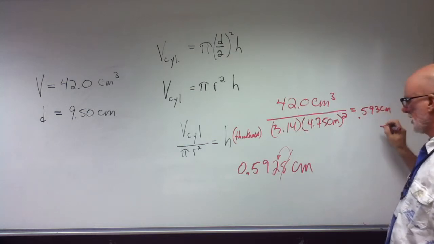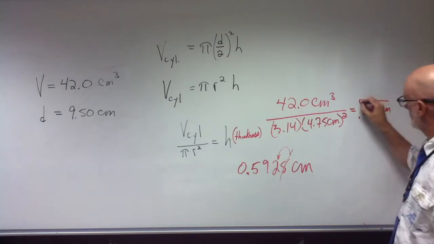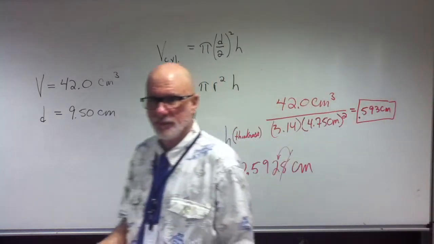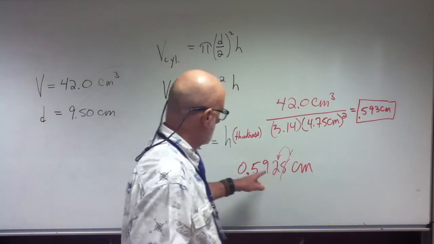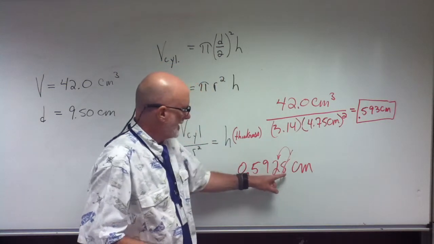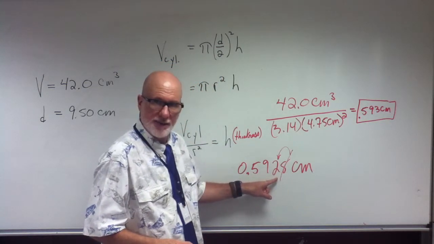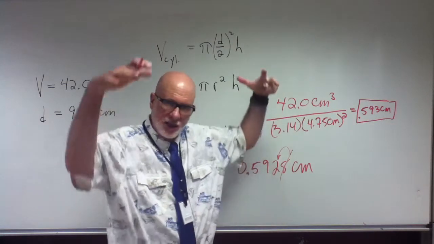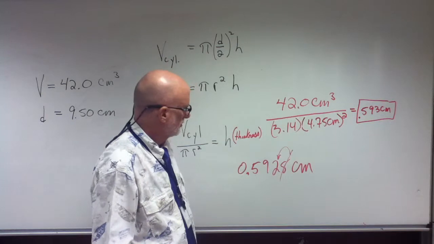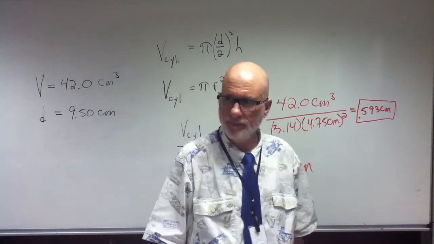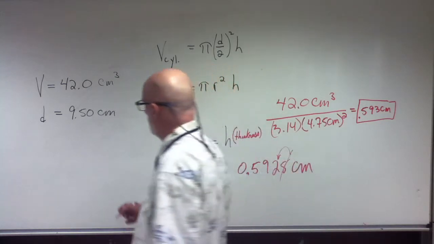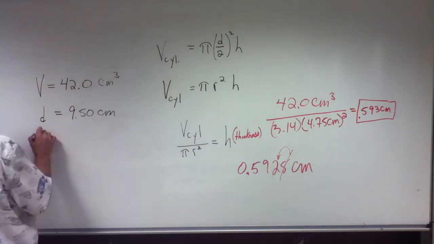0.593 centimeters. Correct? Yes or no? Why is it 3? Because the 8 is rounding the 2 up, right? That 8 is like looming over, right? Get it? You all right with that? Okay? So, the indirect